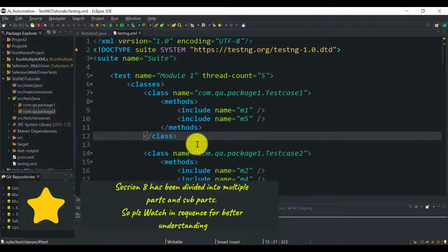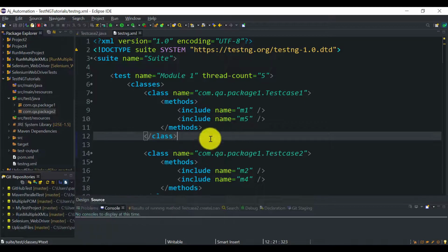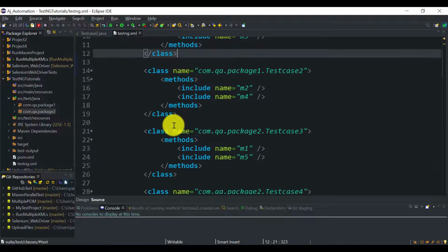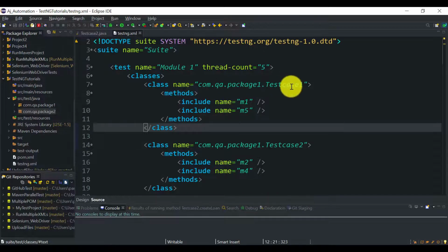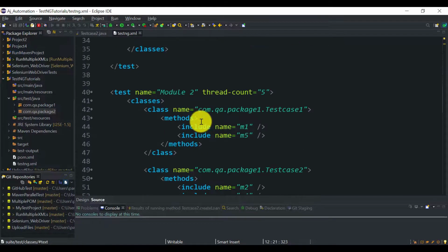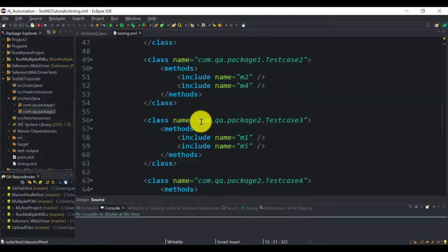So with this approach, you are going to get the result. Okay, the same result. If I want to run only module 1 test methods, test cases, then you will be able to do that using this testng XML file very easily. But what is wrong with this approach is, for each and every test module, I will have to add these multiple entries of the TestNG classes, then methods by using this include tag. Then for a different module, I will have to do the same.